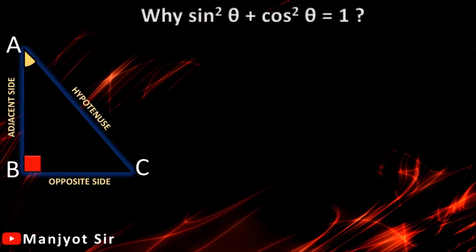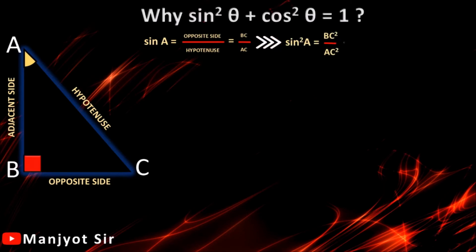See, we need sin and cos. We all know that sin theta is opposite upon hypotenuse. Now if you observe here in this right angle triangle, the opposite side is BC and the hypotenuse is AC. So we'll write sin A as BC upon AC. Now since in the proof we need sin square theta, we'll square this term. So it will be sin square A is equal to BC square upon AC square, and we'll mark this equation number 1. So we got our first term, that is sin square.